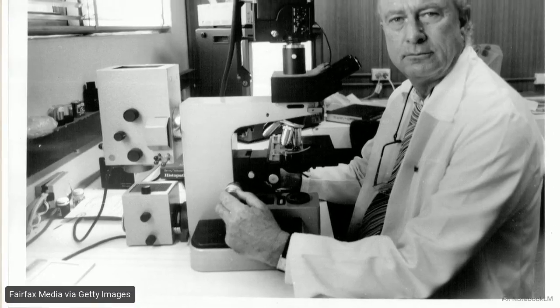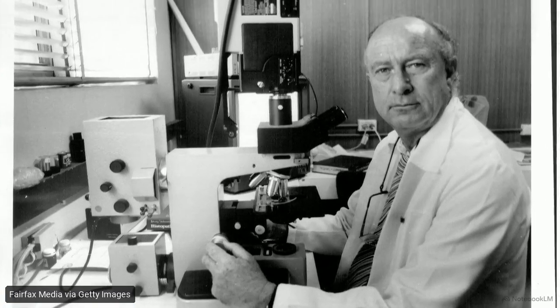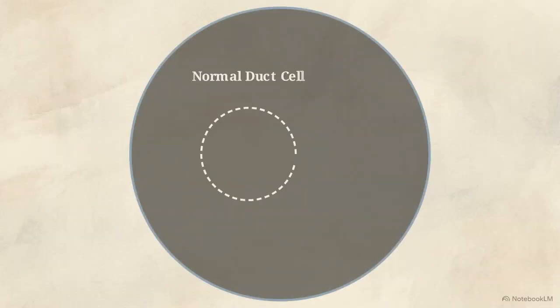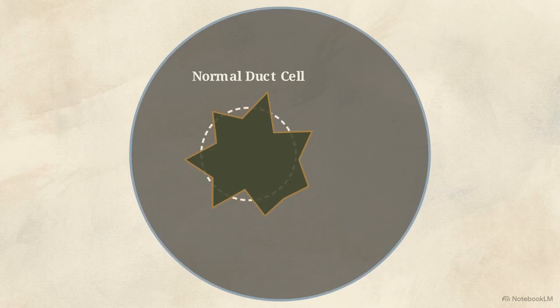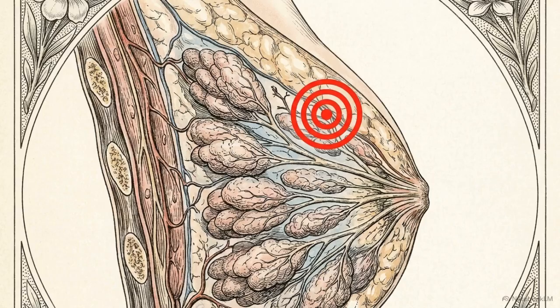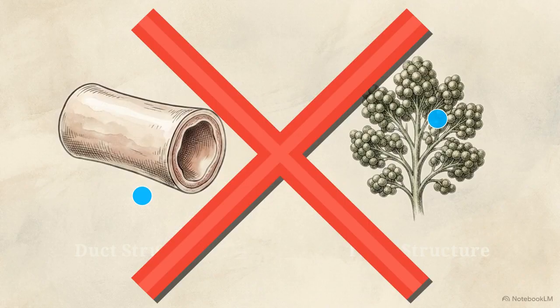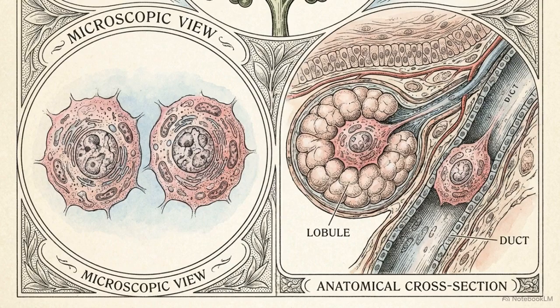This system relies on cytology. Pathologists look at the malignant cells under a microscope and assign a label based on whether those cells physically resemble normal duct cells or normal lobule cells, rather than identifying the actual anatomical site where the cancer started. Because a cell happens to look like it belongs in a duct does not mean it originated there. Grouping cancers by cellular resemblance confuses a loose visual association with actual biological causation.